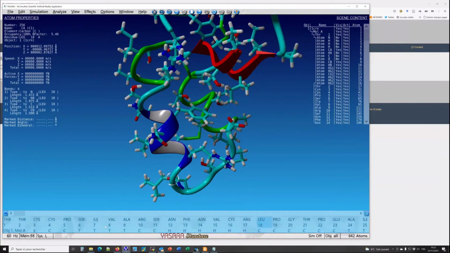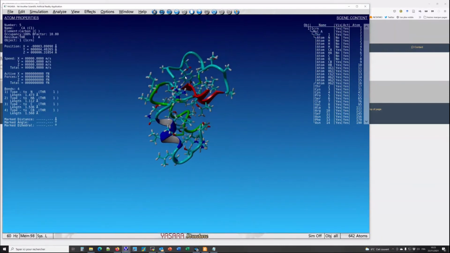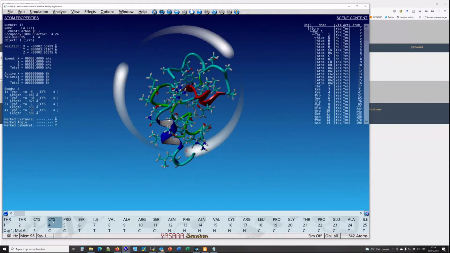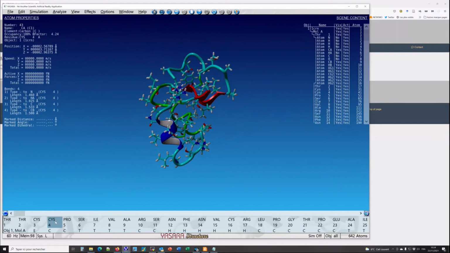And here, if you are here, you can see also sequences. Okay, so you can check also like this. You go with the mouse on the bottom of the screen, the sequence appears, and you can do also like this. So yeah,